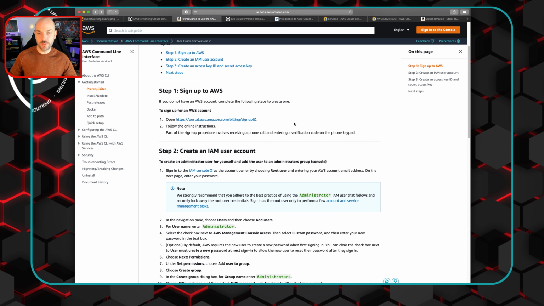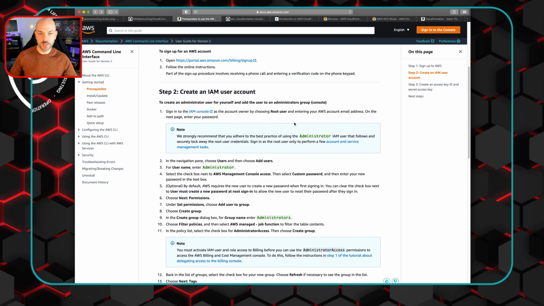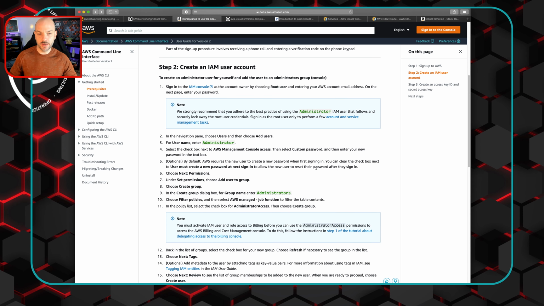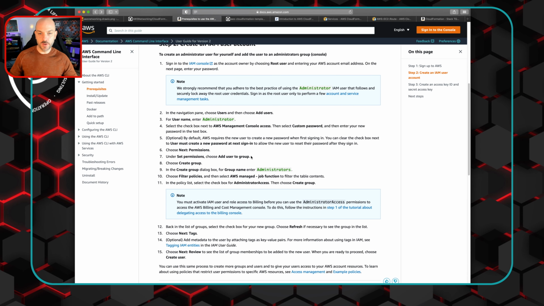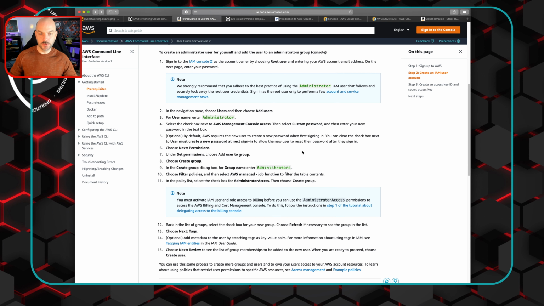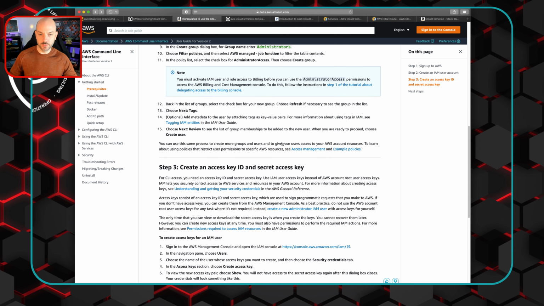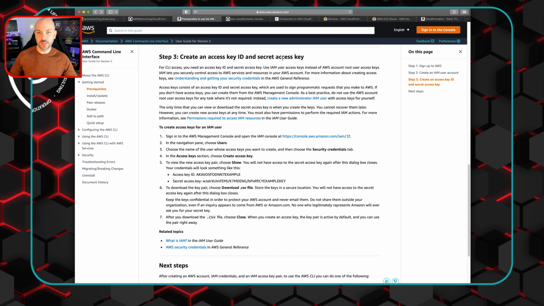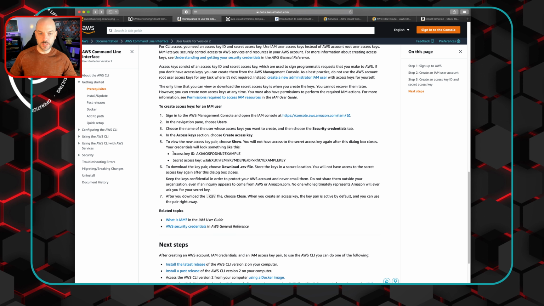Pretty much you need to make sure that you have your AWS account up and running. You need to have an IAM user account that has the correct IAM roles to be able to configure things. You're going to need an access key and secret access key. You're going to get these, and you're going to need this for when you actually download and configure the AWS